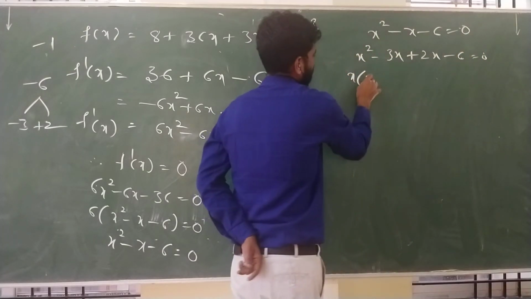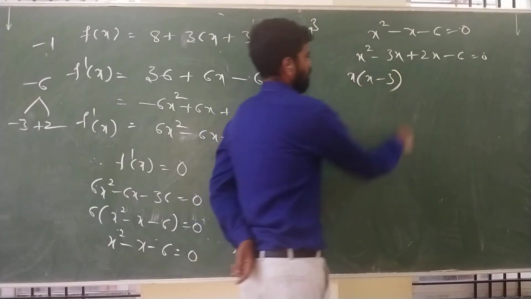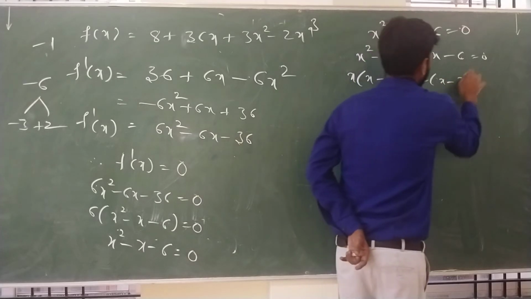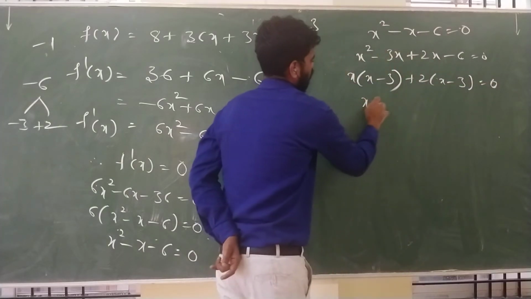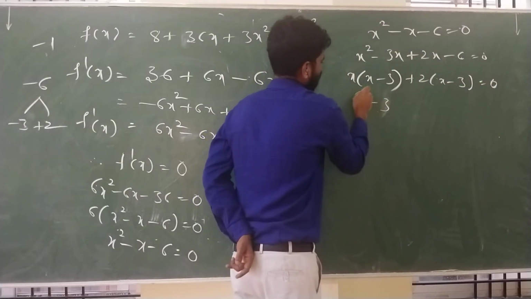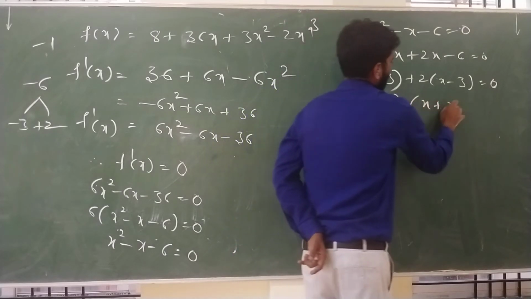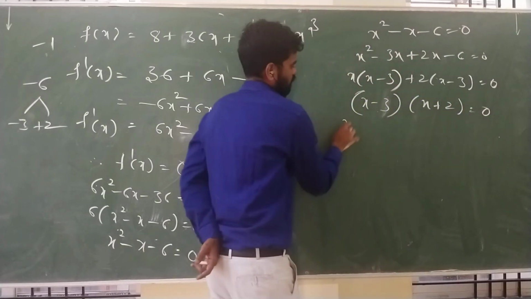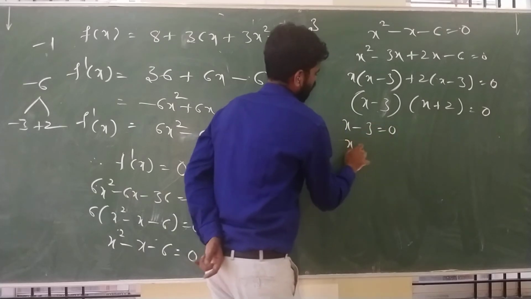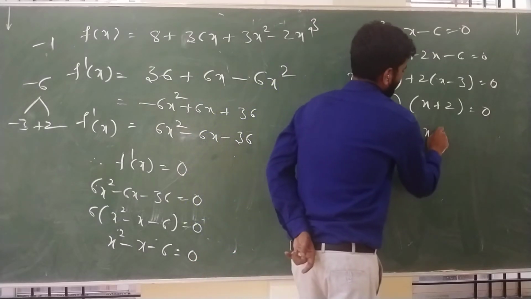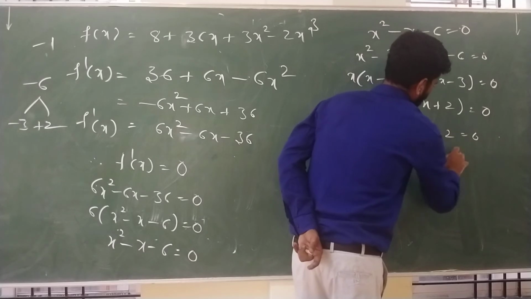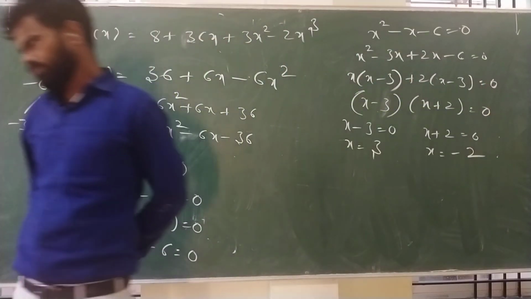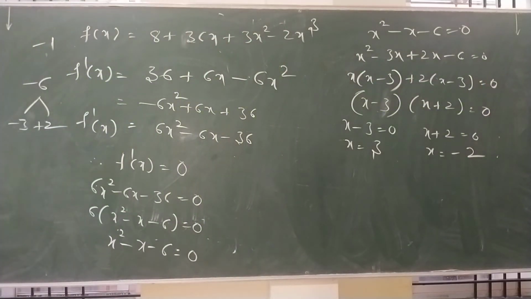So therefore, x is taken common, remaining x minus 3. Plus 2 is taken common, x minus 3 equal to 0. So therefore, there are two solutions. The first one x minus 3, another one x plus 2 equal to 0. So x minus 3 equal to 0, so x equal to 3. So x plus 2 equal to 0, therefore x equal to minus 2. As f of x equal to 8 plus 36x plus 3x square minus 2x cube, then